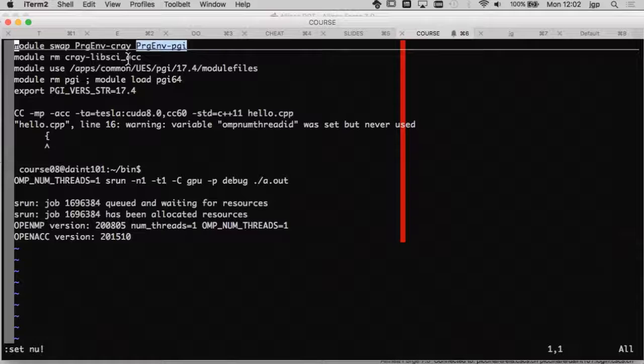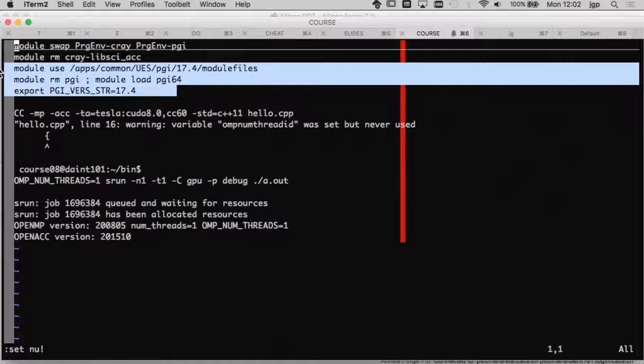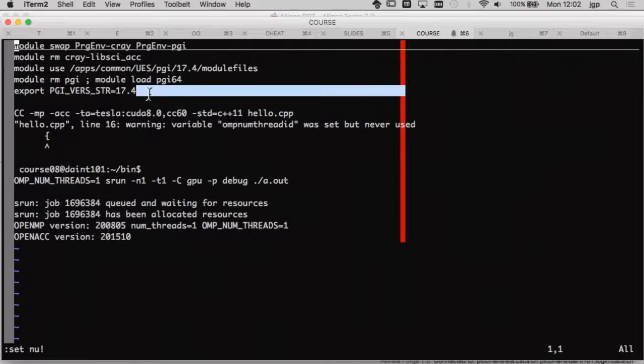Because the latest version of the PGI compiler, which is not the default on Daint, has more OpenACC features, you need to execute these different commands. For the example, it should be enough. You should not have to do that, but in case you want to try the latest version of the PGI compiler, then you should do that.